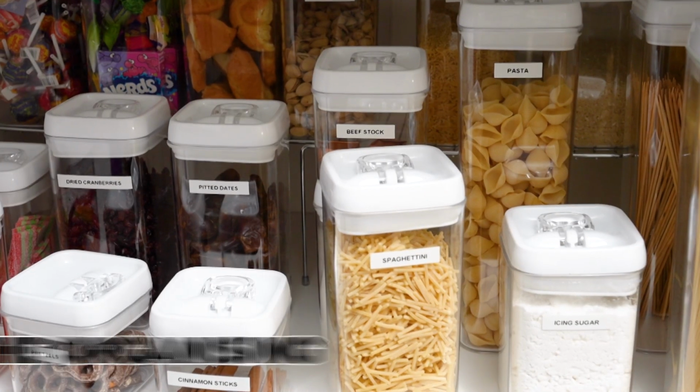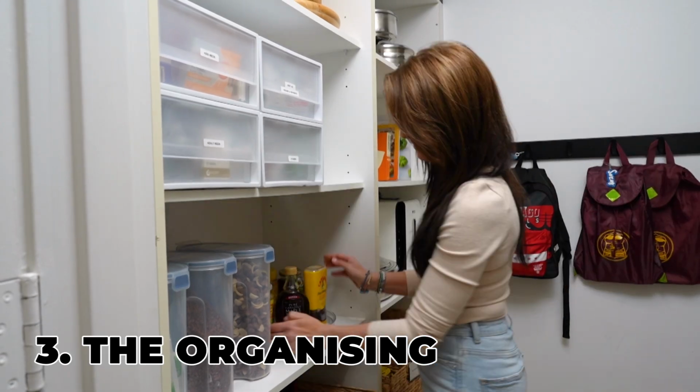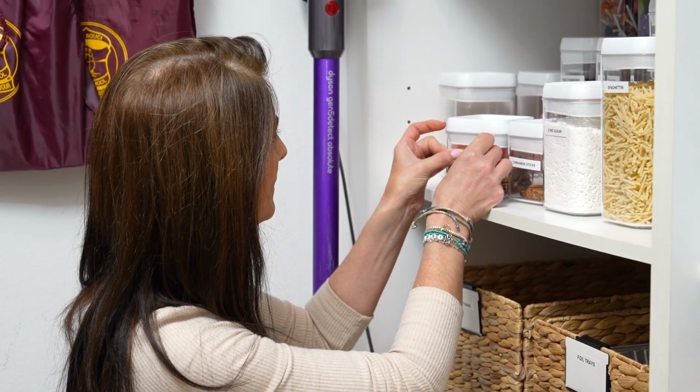Number three, the organising and labelling. Together, we're going to put in those storage solutions, get everything organised and make it easier for you to maintain